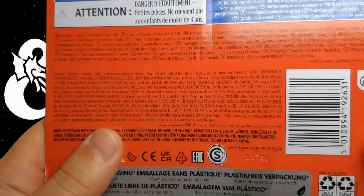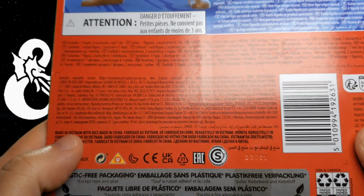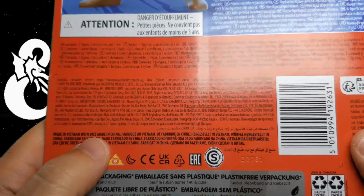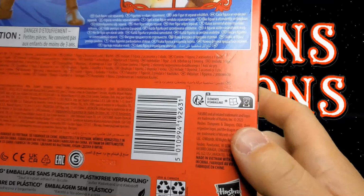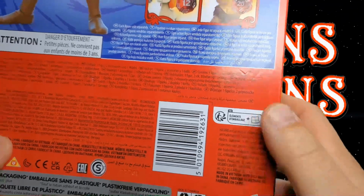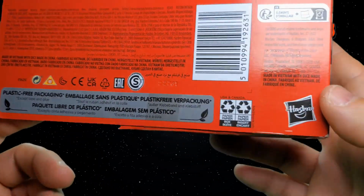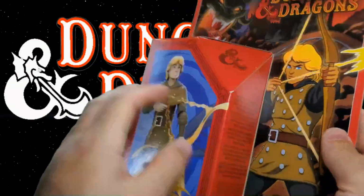Small fine legalese print, made in Vietnam. Oh, wait a minute. Okay, made in Vietnam with dice made in China. So it has made in Vietnam and made in China. Print, barcode, whatever that is. Throw stuff away. No, recycle it. And then plastic-free packaging. Symbols I'm not going to learn. Recycled. And Hasbro print. And that, my friends,